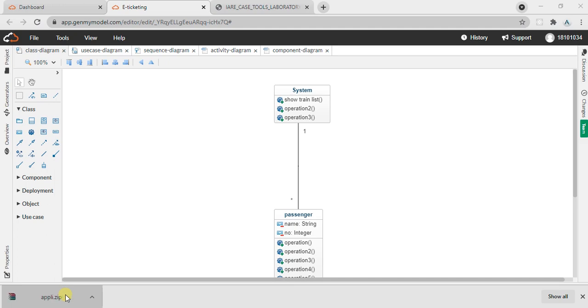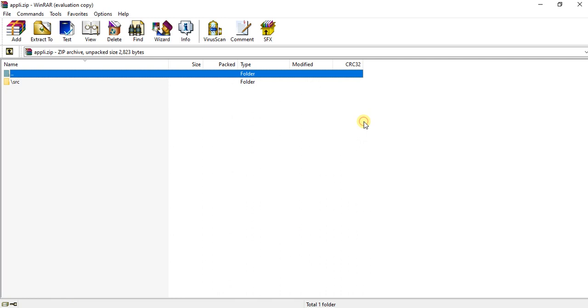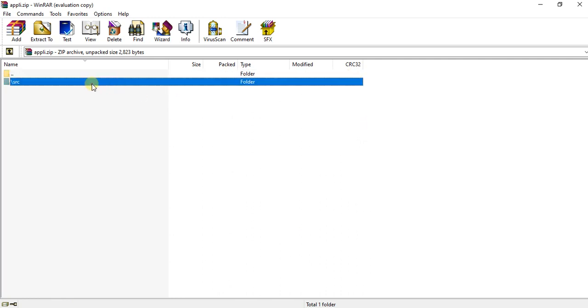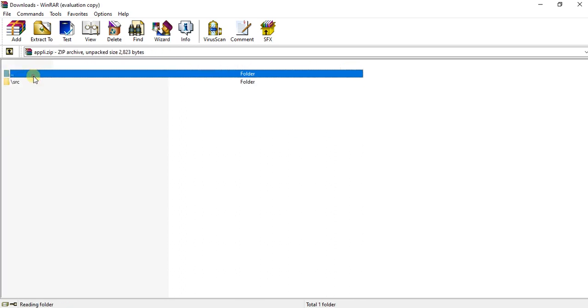This is the Java file created for our project. Inside the source e-ticketing, this is our project. Here you can see some Java files are there. For our diagrams, 3 4 5 6 Java files are generated for our 5 diagrams.